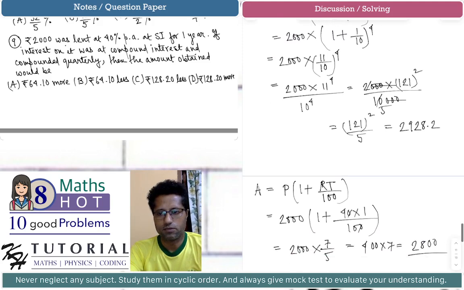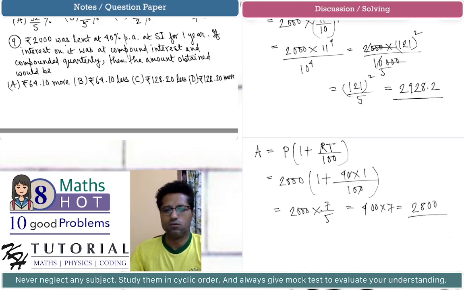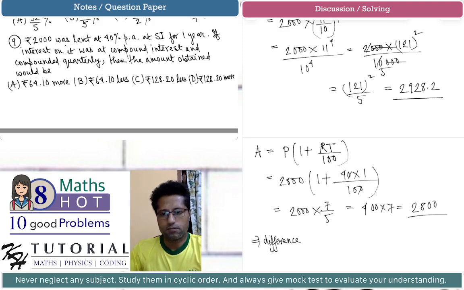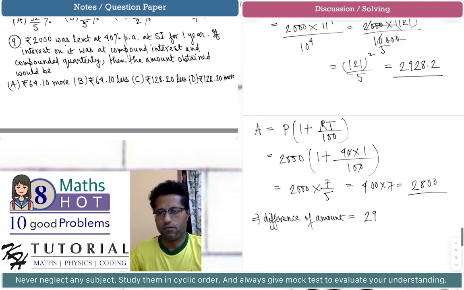So 2800 is the amount based on the simple interest, and 2928.2 is the amount based on the compound interest. So we have to find the difference between these two. It has asked to compare the amount, so we have to find the difference of the amount of the compound interest and the amount for the simple interest. Since the amount of the compound interest is more, we will have